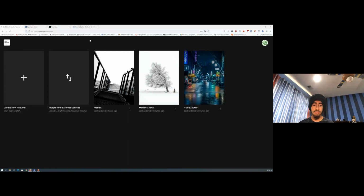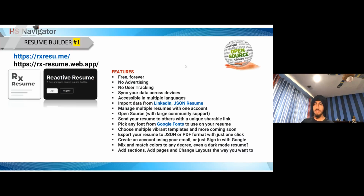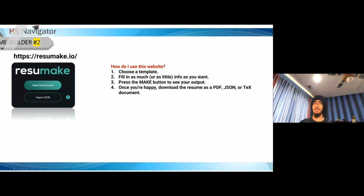And the next website that I want to show off is Resume.io. A lot of these do similar things to the first website, but it's just another option if you like the formatting on this website better, because all these websites have different templates. Depending on which resume style you would like, you can use the templates from RX Resume, from Resume.io,